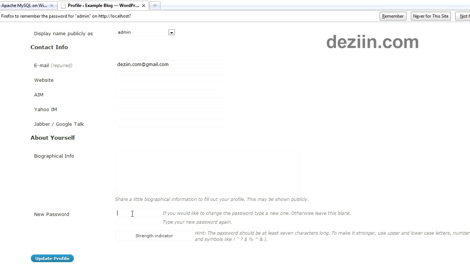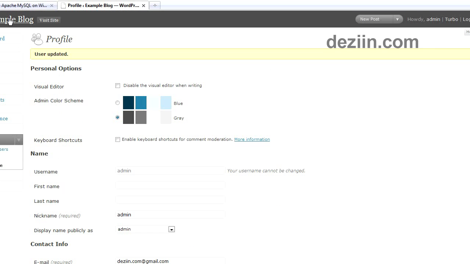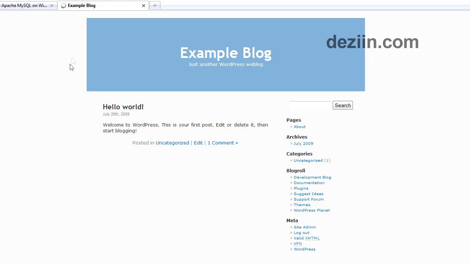Just quickly change this, call it password. It's a very bad password, but I'm going to be the only one accessing it. And that's basically it. If we go to example blog, it's got the